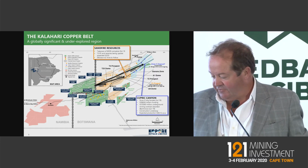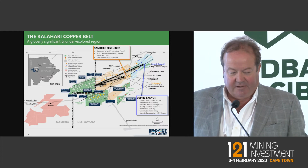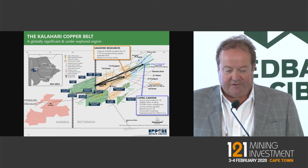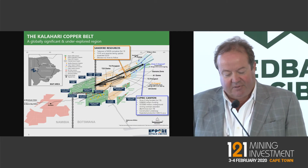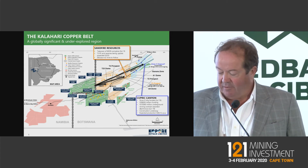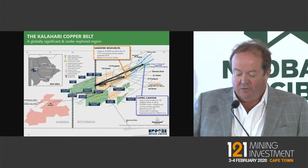Since I took control of this company about April last year, we raised a small amount of money and we started drilling for the first time in our properties in Namibia. And you can see there's multiple targets and multiple names, but the ones we drilled a few holes into were Ongava, Otjari, and finally Kembo. Now I'm pleased to report that the last 5 holes that we drilled, and this is in November, December last year, all of them had copper in those holes. Not a copper discovery that's going to make the share market get excited yet, but all of them had copper,